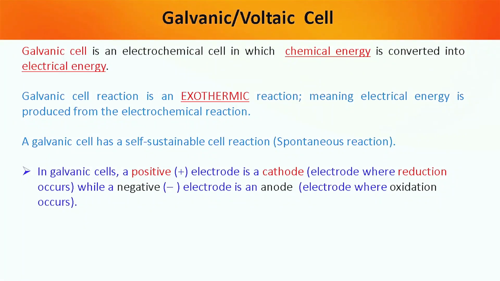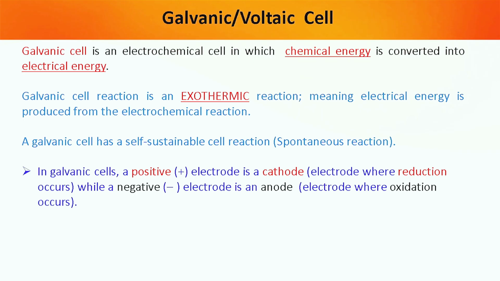Another valid point about a galvanic cell: in a galvanic cell, the positive electrode is a cathode, while the negative electrode is an anode. Very, very important. I will repeat. A positive electrode is a cathode. It is where reduction takes place. Then we have our negative electrode, which is our anode. It is where